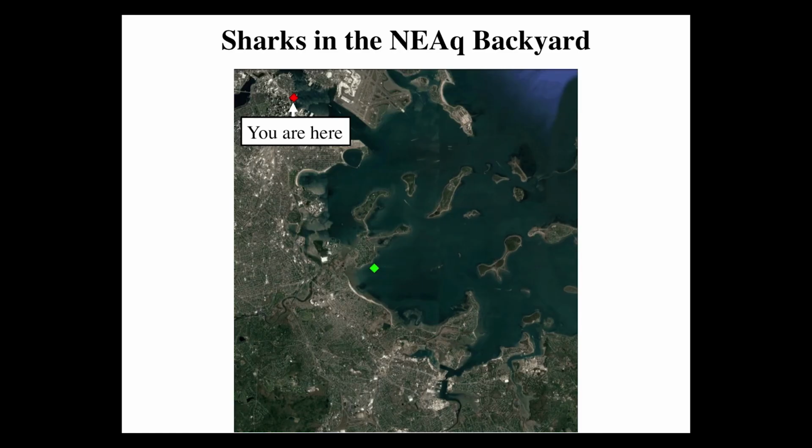Boston Harbor. So this summer, we're poised to kick off a study using passive acoustic telemetry again to look at the movements and habitat use of juvenile sand tigers in Boston Harbor to try to answer the same questions that we asked in PKD Bay. So is it the same size sharks? How long are they staying? Where are they moving around? With the ultimate goal of asking, okay, maybe Boston Harbor is another sand tiger seasonal nursery that exists in New